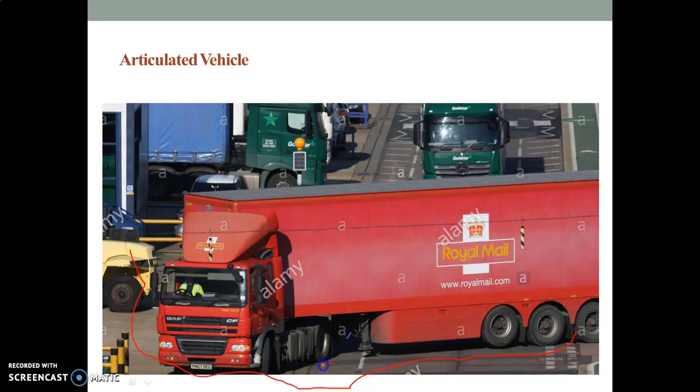So you just observe that this traction or tractor part is only used to give motion to the remaining trailer. Generally in the case of transportation of heavy materials, such kinds of vehicles are used. So as we have discussed right now, the rotary part of this has a very lesser amount